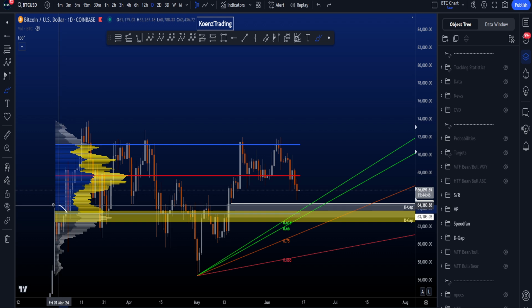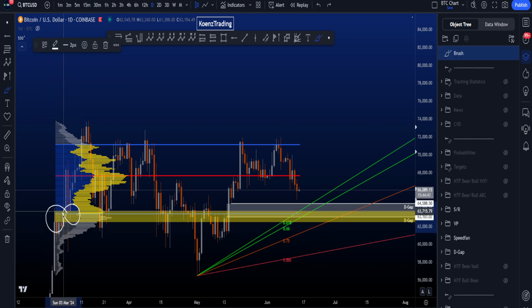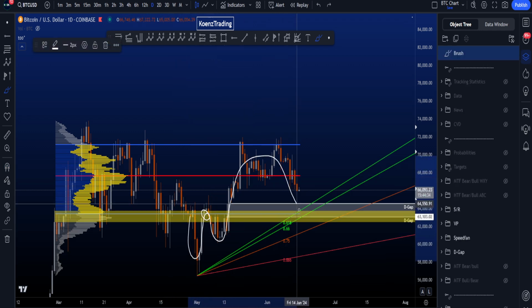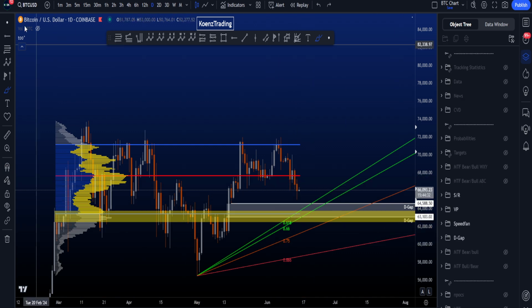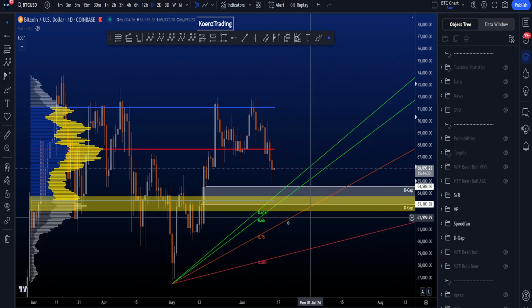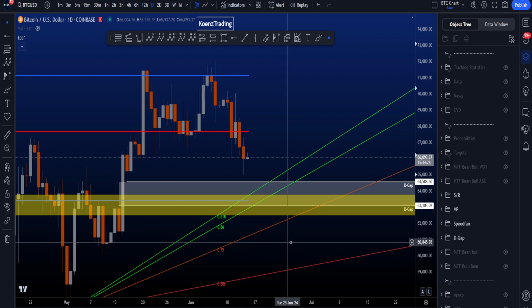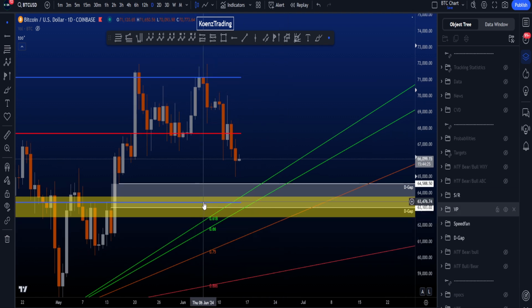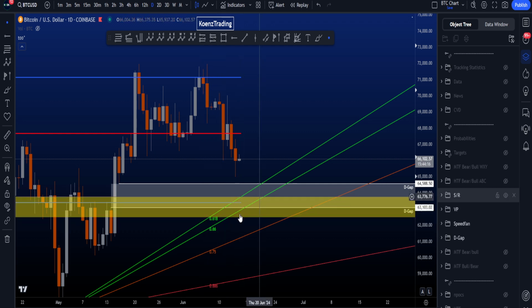this area over here. You can see here we had resistance, support, a little dip below, but eventually again ranging on top, another dip below acting as resistance, and now we might come back once again. So this area is very important on the chart, and therefore the most important support area we have arguably on the chart right now is the area between, let's say, 63.5K and 62K, which then includes the support resistance area, the value area low, the golden pocket speed fan here, low of the gap, and we have,